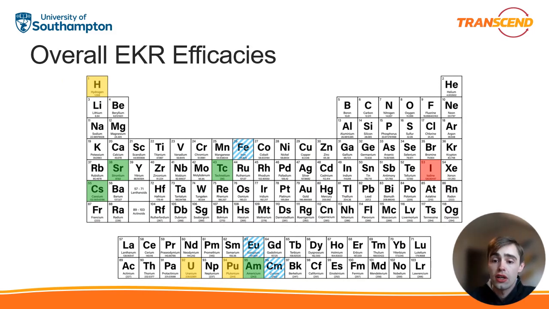So looking at electrokinetics in general, overall, looking at all my chapters across the sediments, groundwaters and sediments, I've created a sort of periodic table with different elements that I've looked at that are relevant to the nuclear industry and mark them on a traffic light system. So green is we've seen significant remobilization in at least one material. Yellow is limited mobility or a little bit inconclusive as to whether it definitely works or not,